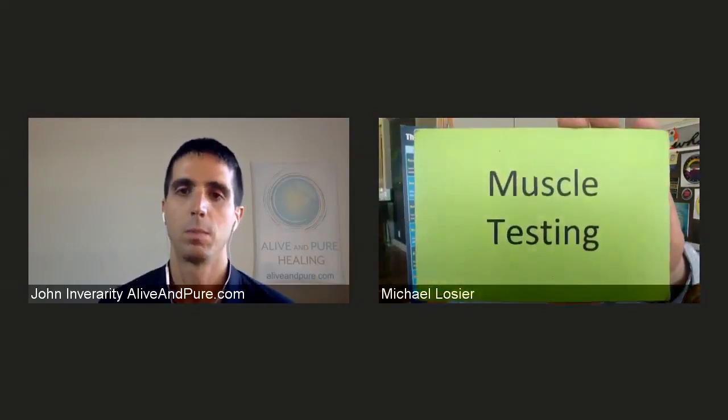Now, we want a real solid answer. We want to say that's the one right there. So the way for us to do that, John, is using what's called muscle testing. We muscle test ourselves, and sometimes it looks like this. Like people have the ring method. We've done another video on muscle testing as well. But yes, we use muscle testing to find the specific emotion in the emotion code chart. So we ask, is it in column A or column B, odd row, even row, to take it from 60 emotions down to 5 very quickly.